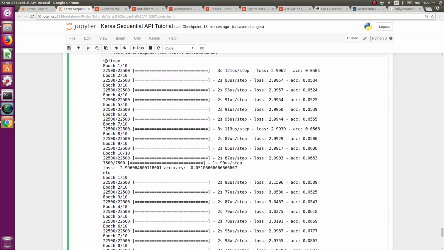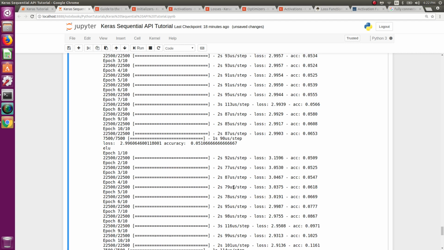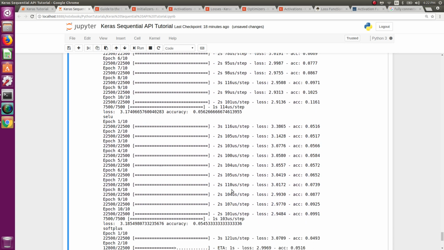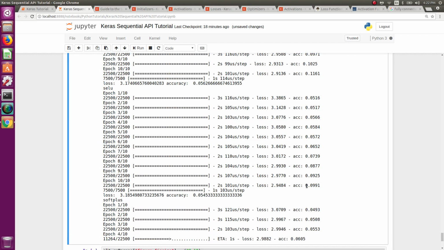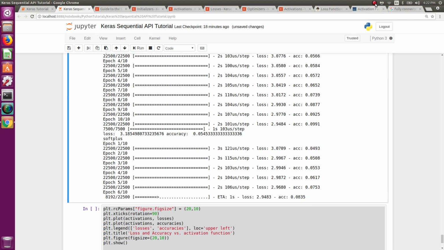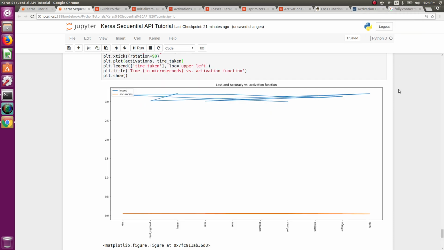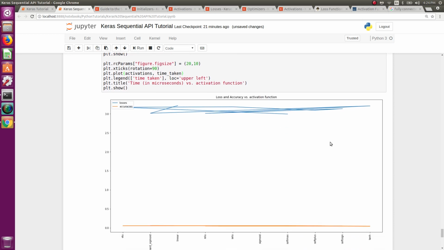So for example, with softmax, we got an accuracy of 0.0653. For elu, we got an accuracy of 0.1161. So we can see that changing the activation function actually has some effect. Again, we can see using celu has decreased the accuracy a little bit. No meaningful insight has come here, but the idea is basically